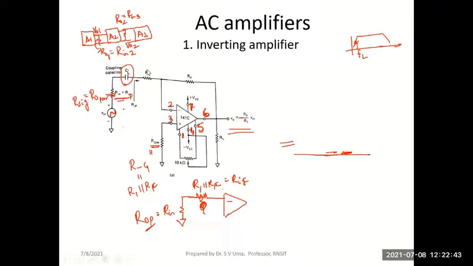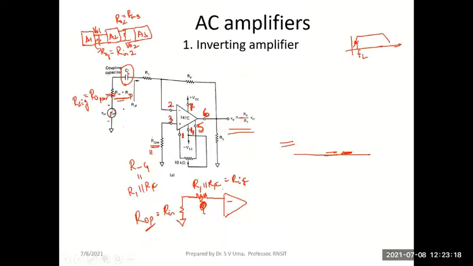So we saw the circuit of the op-amp AC inverting amplifier. If you notice, it's the same circuit as the op-amp DC inverting amplifier. And I told you to remember there will be two additional things in the AC amplifier. One is this coupling capacitance here, CI, which we have used. And the other is this resistance Rin, also equal to Ro, which we consider as the signal generator resistance.